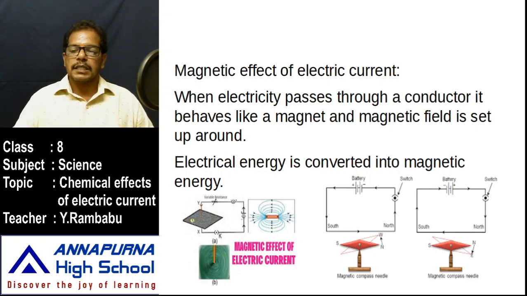For example, just take a bar magnet. If we bring the bar magnet near iron filings, what happens? The iron filings are attracted, that means they are influenced by this bar magnet's magnetic field. In the same manner, make a circuit. Copper wire is taken, one end is connected to the positive terminal and the other end is connected to the negative terminal. Between these free ends, another thick copper wire is connected, that is straight.